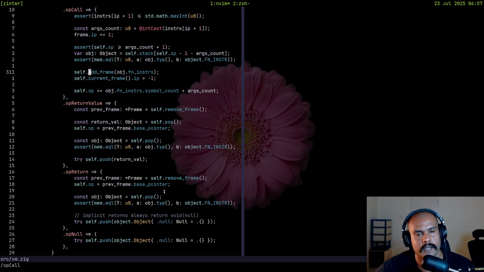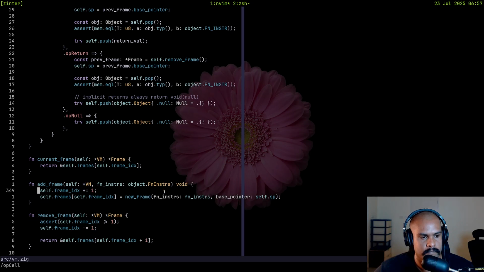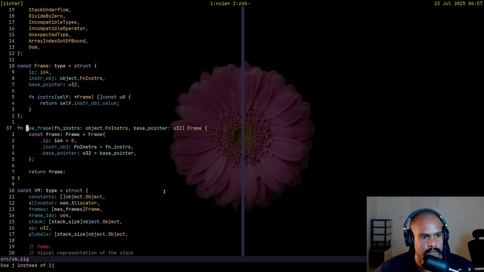The question is that at this point, are the arguments on the stack? Yes, they are. Yeah, because it's function, argument, argument. Okay, yes, the base pointer is totally wrong. So I need to update this. Oh, actually I don't. New frame.